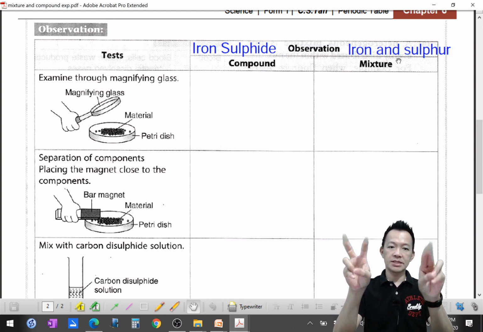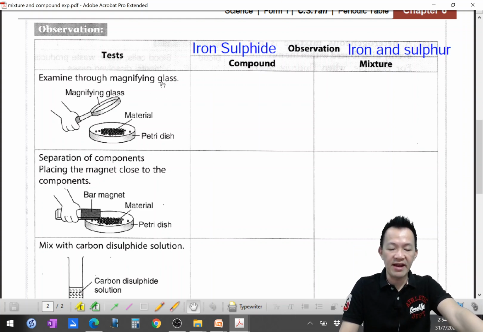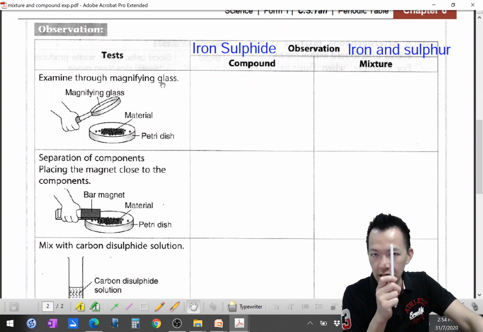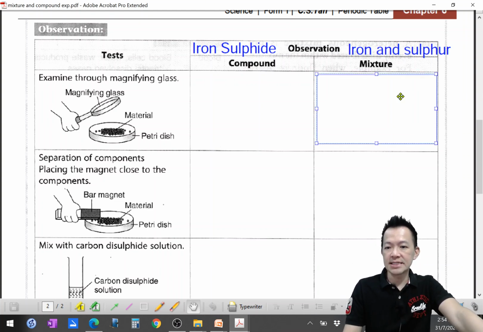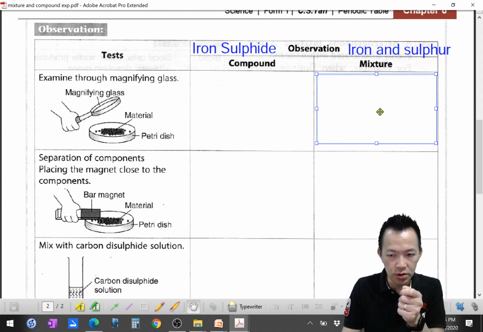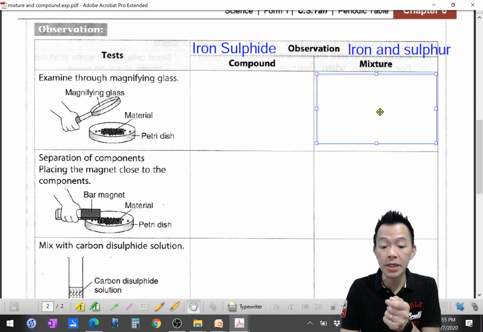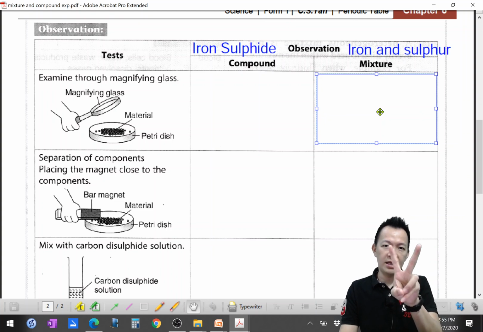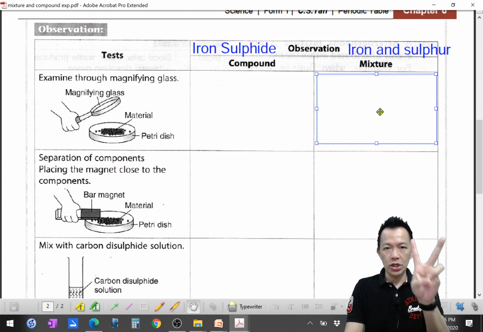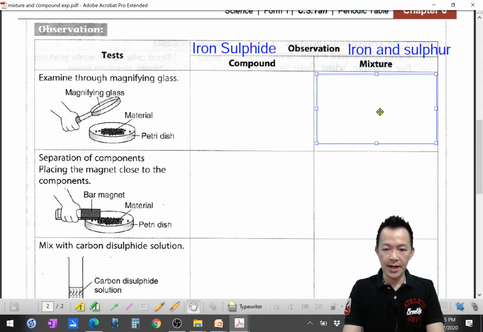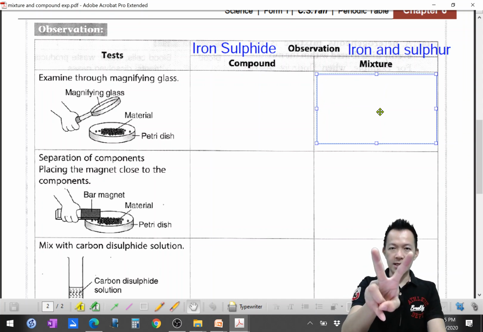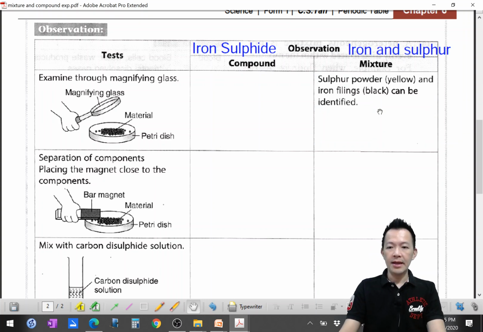Okay, and what are the differences between these two? 这两种东西它们的差别在哪里呢？Number one, magnifying glass. So now using a magnifying glass, 用放大镜。Okay, I make the observation on the mixture of the iron and sulfur. 我观察那个铁和硫磺的混合物。Can I see the iron? Yes, gray in color. Can I see the sulfur? 我们能看到硫磺吗？Yes, yellow in color. So the iron and sulfur can be identified individually. 铁和硫磺可以各自的被辨认出来。Another meaning, 铁还是铁，硫磺还是硫磺，没有变。